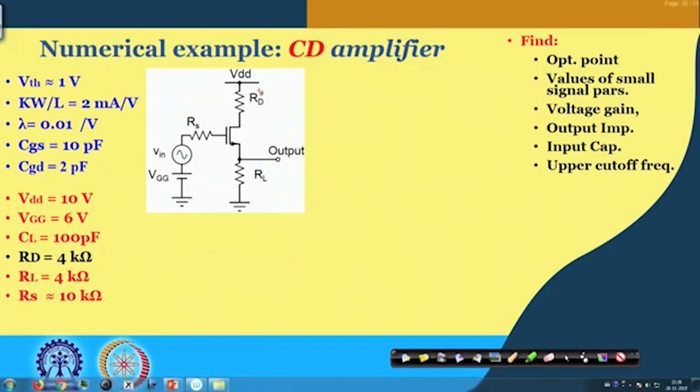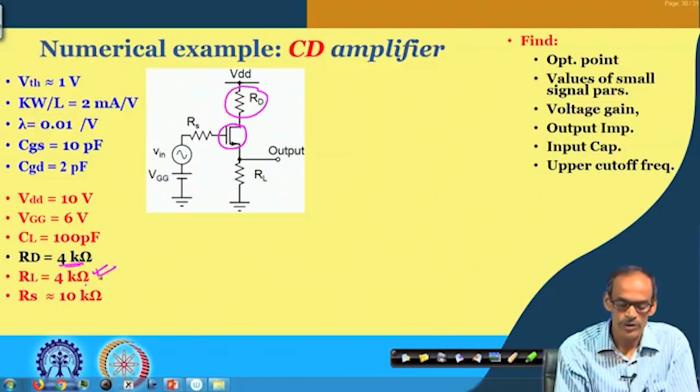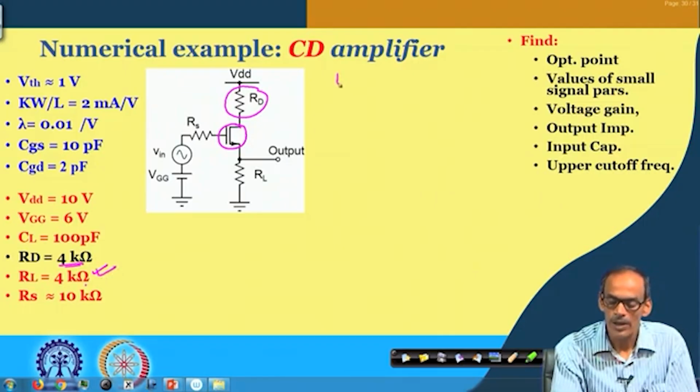What we said is that we have RD, which is 4 K, and RL also 4 K. Assuming this transistor is in saturation, earlier we already analyzed that for RL of 4 K, IDS equals 1 milliampere,